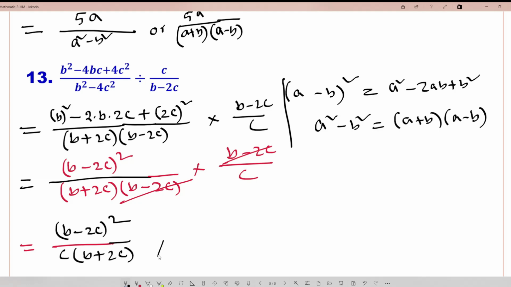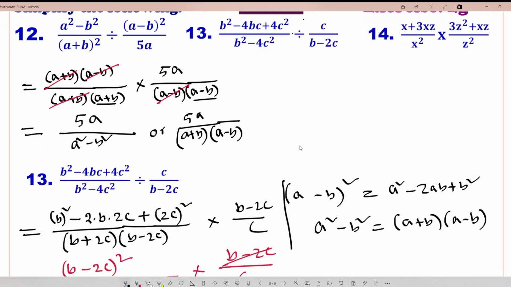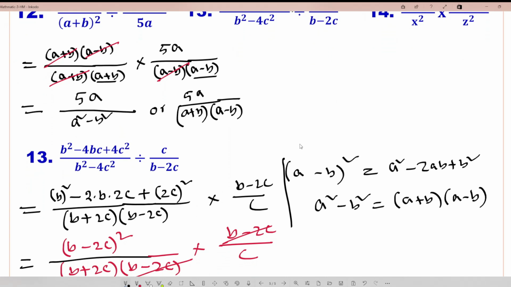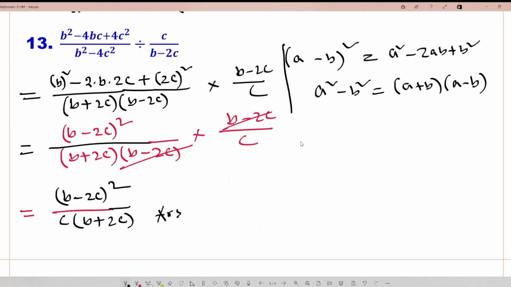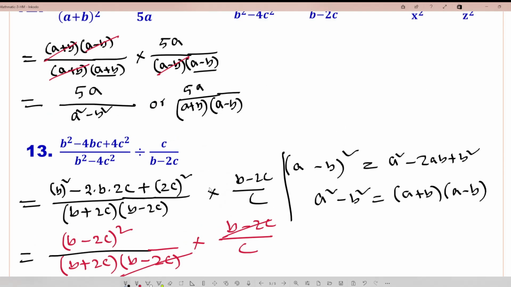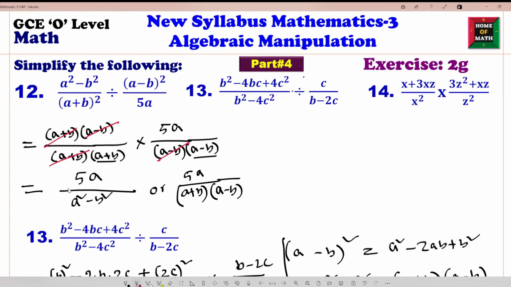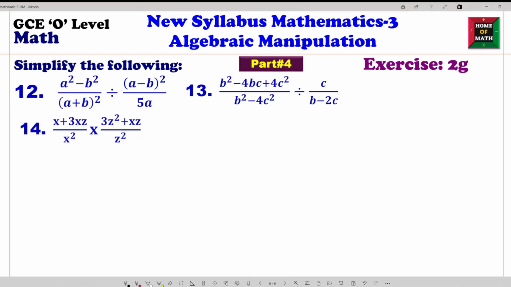It's not tough math, very easy, but we have to practice and practice for long or big math. So number 12 done, number 13 done. Now we will start number 14. Number 14,